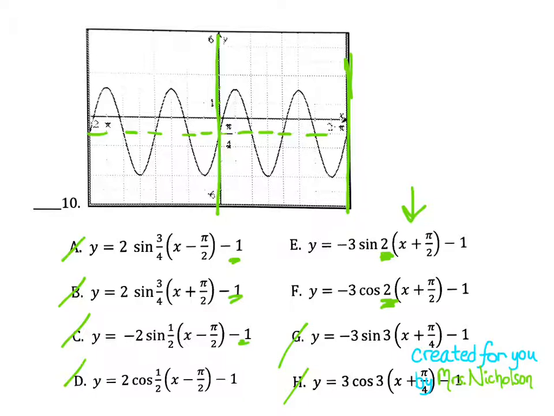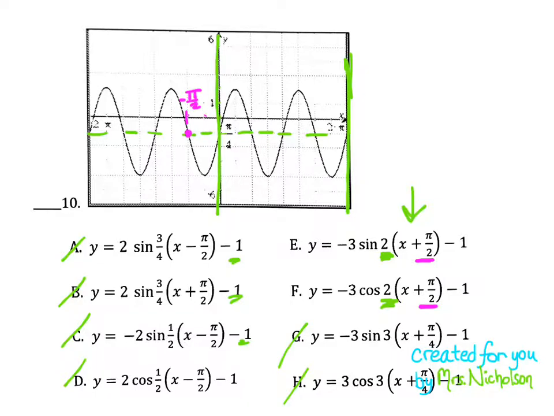And the only thing that we have left is this horizontal shift, the plus pi over 2. So that indicates that we've got to shift to the left pi over 2. And I notice my squares are pi over 4, so I'm going to count to the left pi over 2, which would be right here. That's going to be negative pi over 2. And so then I go to the graph and see where we are. So that corresponds to that point right there,